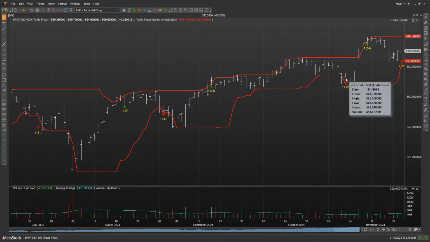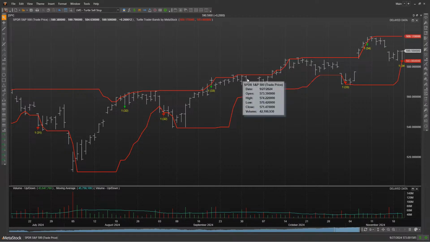We look at that, you see the opening is, where is that? Oh, I'm sorry. This one got out at 574.41. And in this case, if you look at the value of this red line, that's actually giving you the value of the stop. So that means that it got out right at that level of the stop itself. So that's good. That's actually what we'd like to see, because the whole idea here is by trading off these bands, if I know what the upper band and the lower band are, I know exactly where to place my entry. I know exactly where to place my stop.